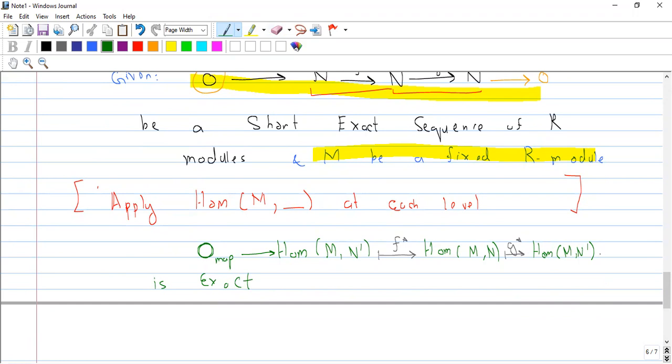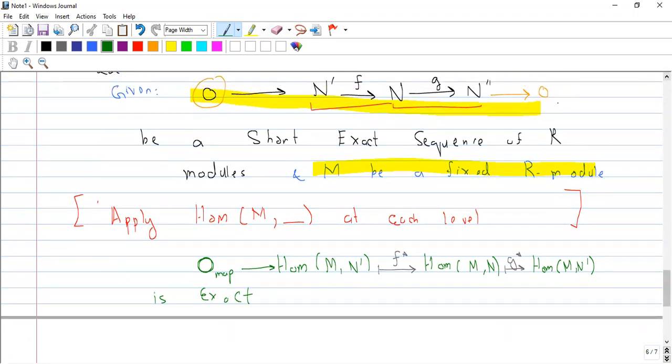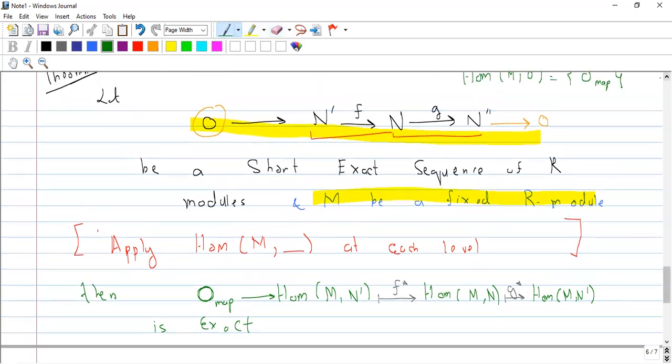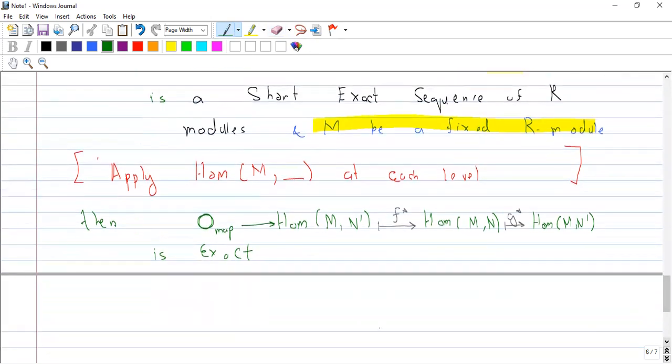तो यहाँ पे हम जीरो इंट्रोड्यूस नहीं करवाते, तो जीरो इस वजह से ऑल्दो ये सीक्वेंस एग्जैक्ट है, इज अ शॉर्ट एग्जैक्ट सीक्वेंस। सो देन वो थ्योरम ये कहता है कि if this is a short exact sequence of R modules and M a fixed R module, then this is exact. तो इसके एग्जैक्ट होने का मतलब क्या कहलाता है कि यहाँ पे f star क्या होगा, इंजेक्टिव होगा।